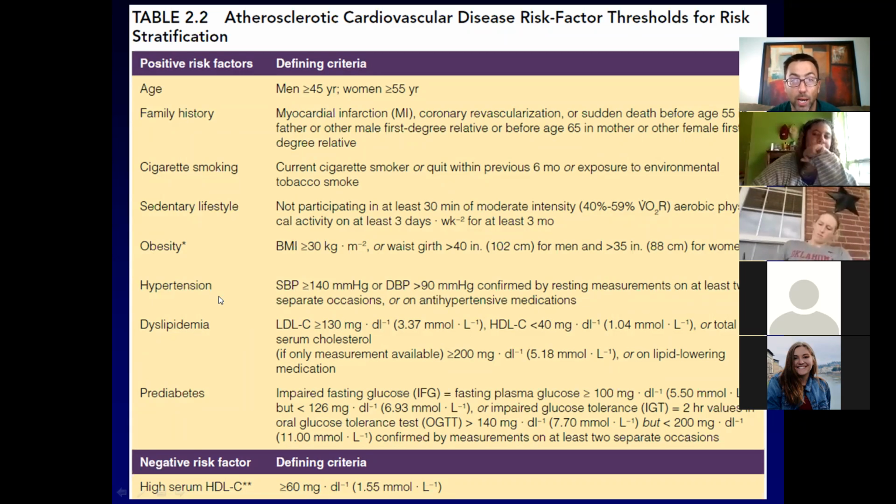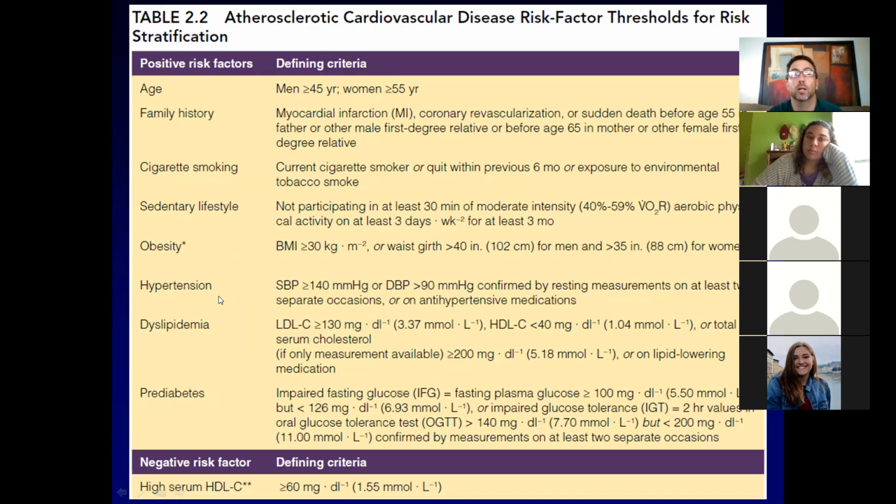Realistically, even people that are high risk are probably going to be fine the vast majority of the time. But that's what we want to do to cover our butts, okay? A man who's 45 or older, a woman who's 55 or older, you're moderate risk, okay? I'm not quite there yet. I got a couple more years before I'm automatically a moderate risk and I have to go to the doctor and get things kind of done and taken care of.